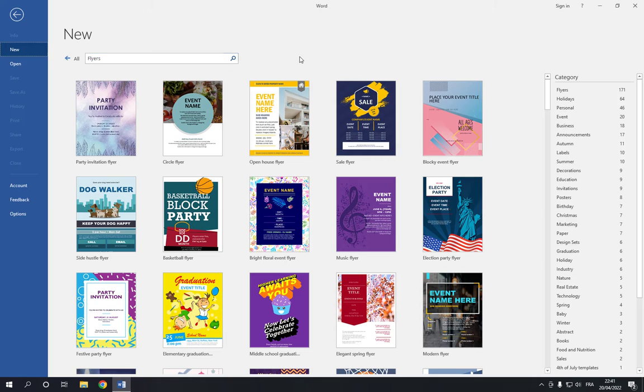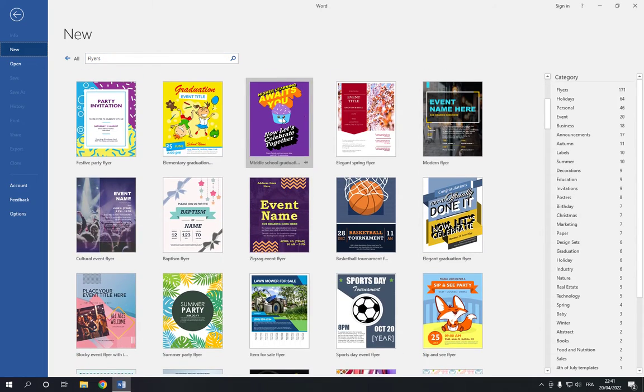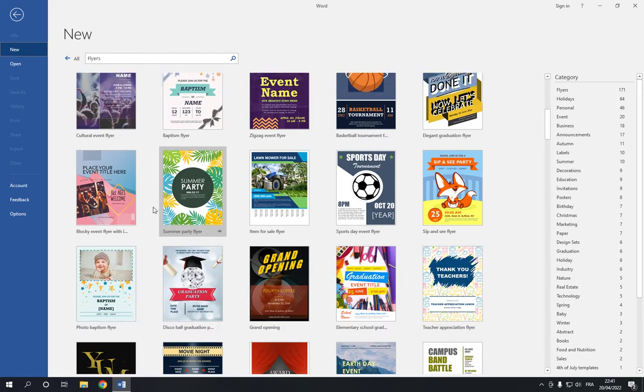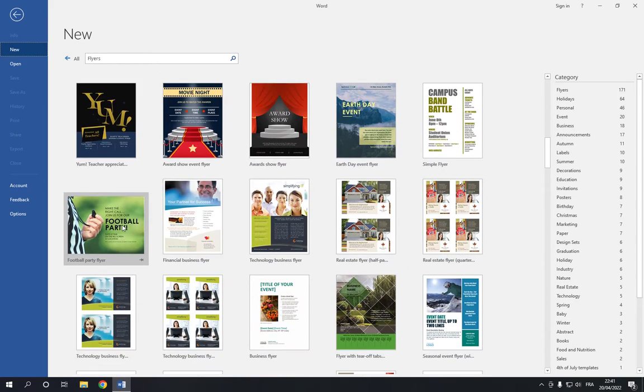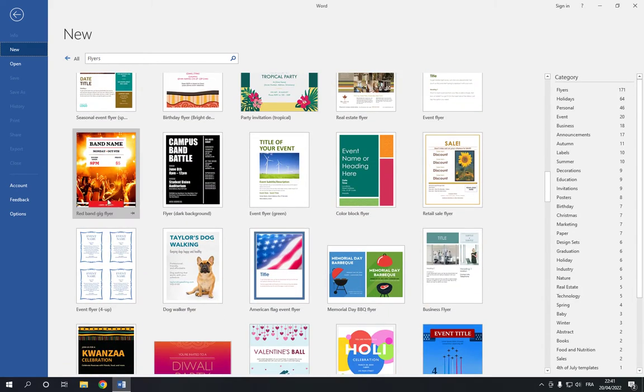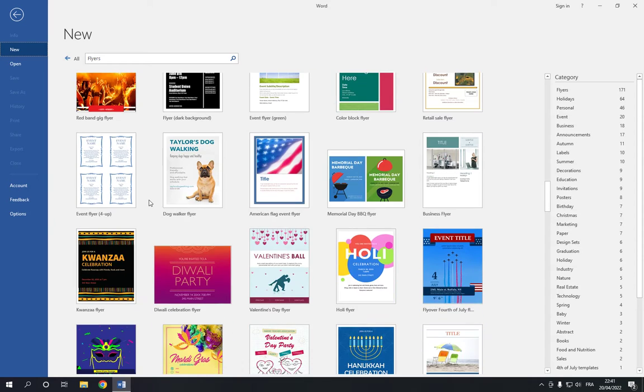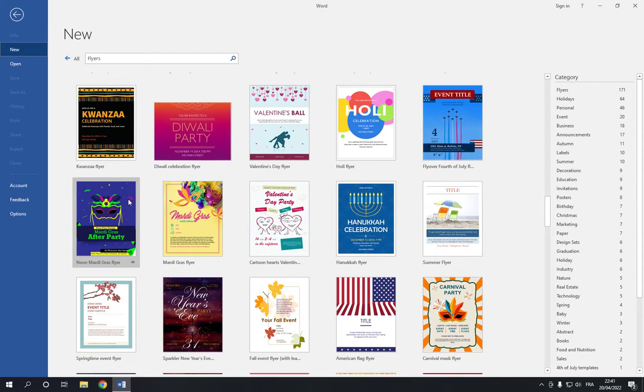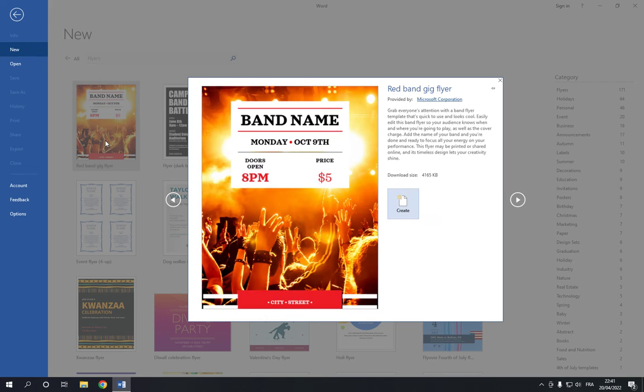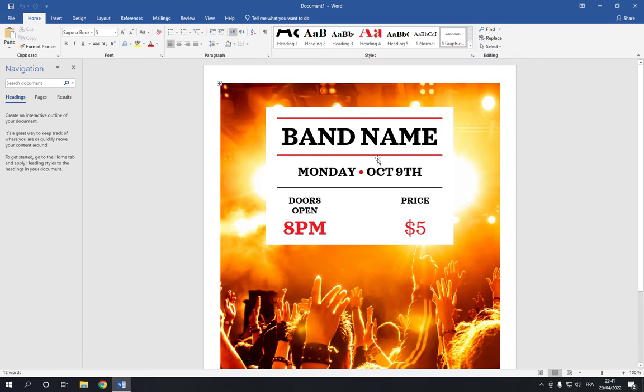Go to the search, you can search for party, or you can just go down and you will find some parties, as you can see right here. For example, this one, it's a party. Okay, now choose the one that you want and click on it, and then go here, click on create and